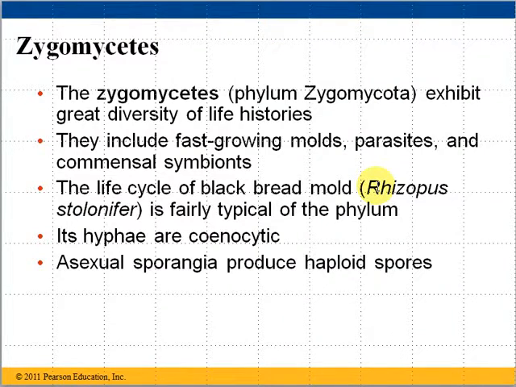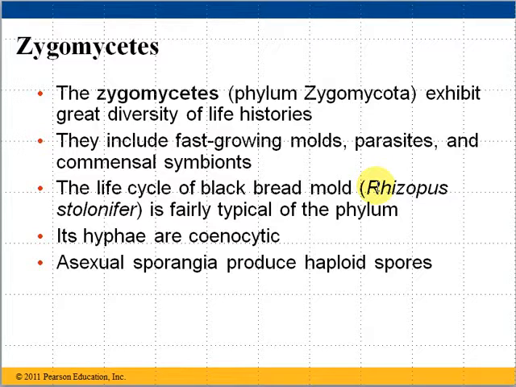The next group is the zygomycetes. The zygomycetes exhibit great diversity of life histories. There are many different ways of reproducing and different life cycles amongst this group of zygomycetes. They include fast-growing molds, parasites, and commensal symbionts, which would be creatures that have symbiotic relationships with other living